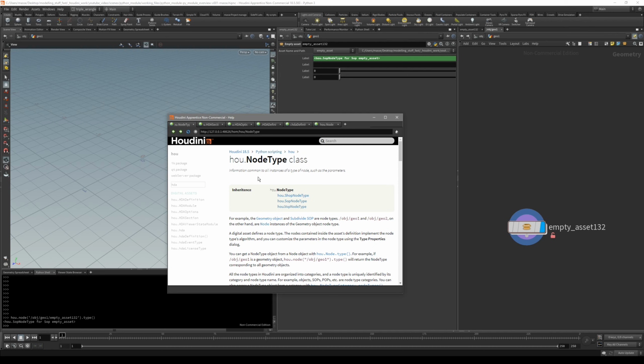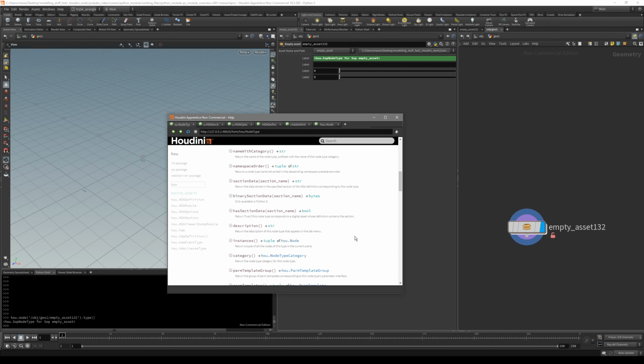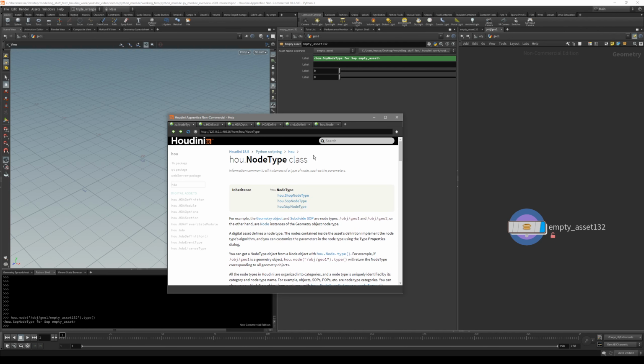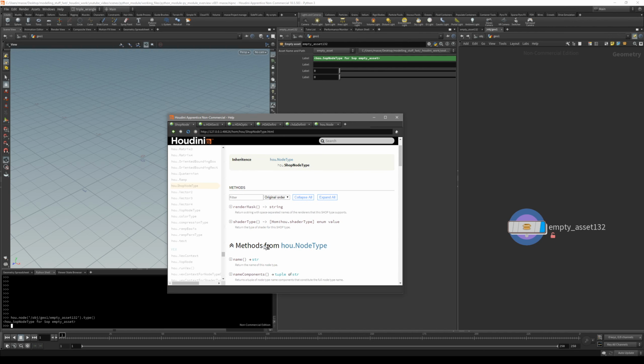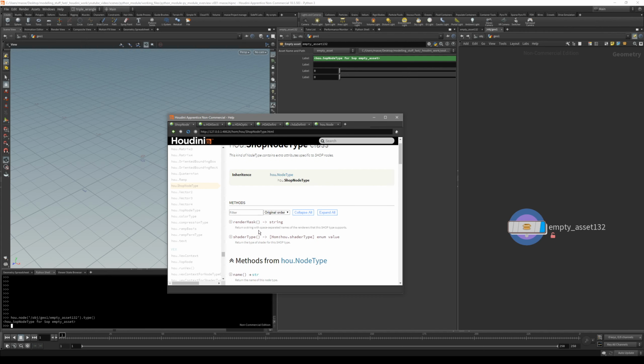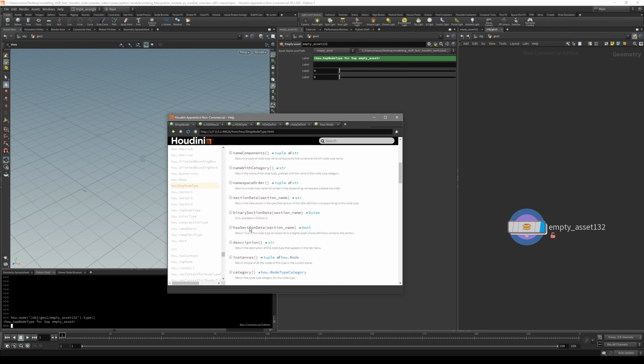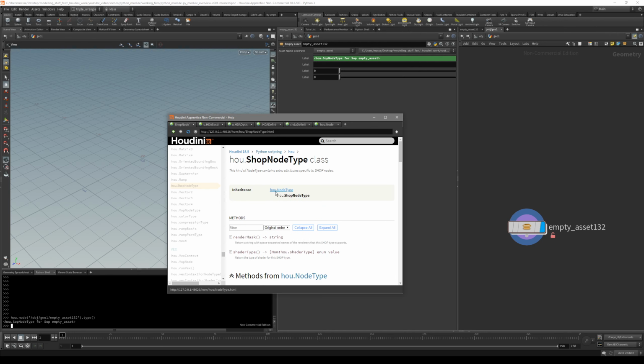You will see that this node type class description says information common to all instances of a type of node, such as parameters. You can see there's a bunch of stuff we can do. Basically this is a node type, but this is the sub node. Since we are in the sub context, you can see it automatically gave a sub node type. And if you go to the sub node type, the methods are almost all the same, only with two different, unique methods for the sub node type, but all the rest of them are just hou.node type